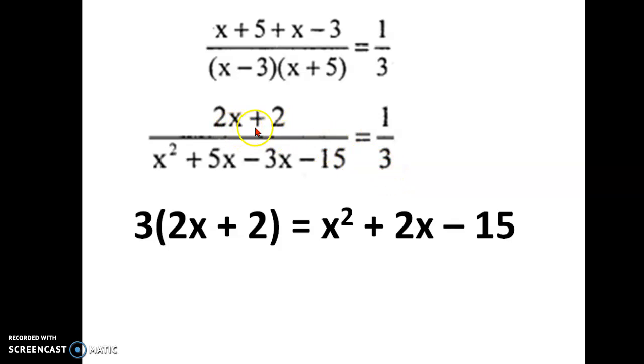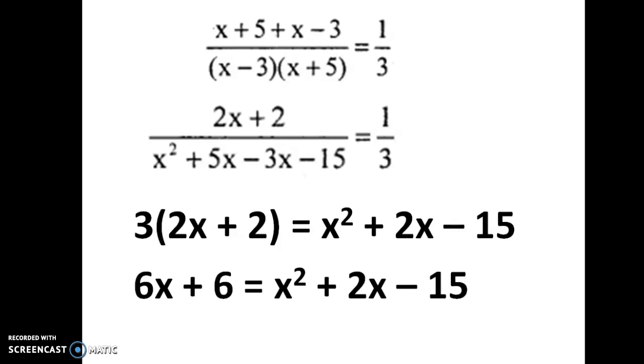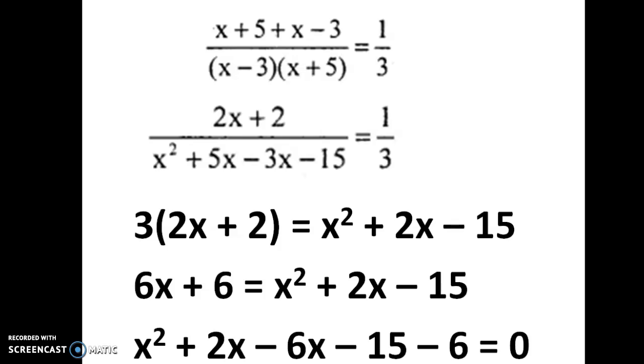3 into 2x plus 2. Okay, that is in the LHS. And here 2x I already told no, so that one step I didn't write. So straight away I went to this step. So plus 2x you got here. So this is multiplied with 1. So no change you will have. So write as such. Then remove the bracket. So 3 into 2x is 6x. 3 into 2 is 6. Okay. Then bring everything to one side of the equal to. Then simplify. So after bringing, it will be like this. So you have 2x and minus 6x.